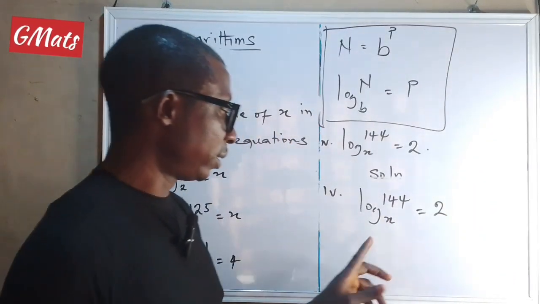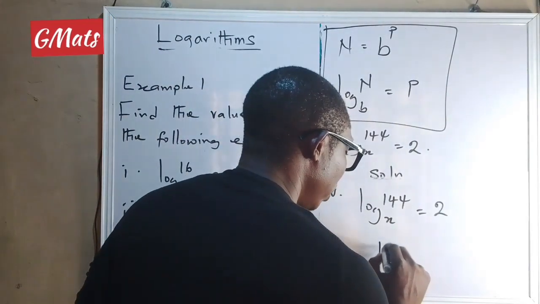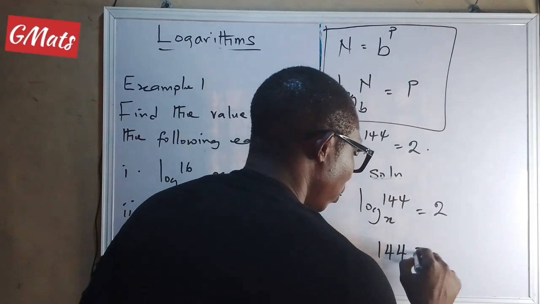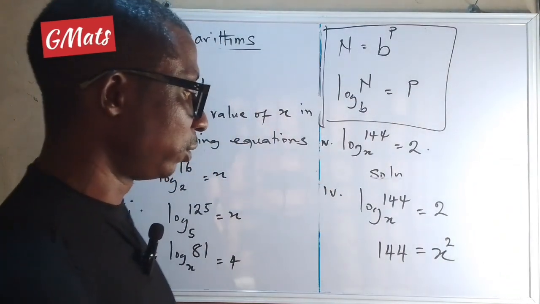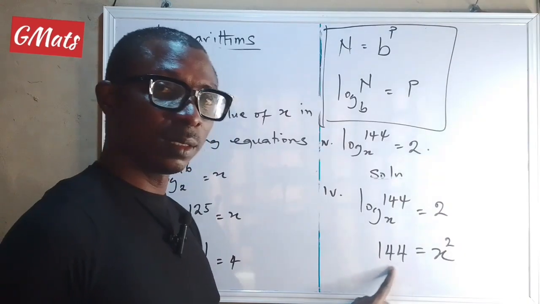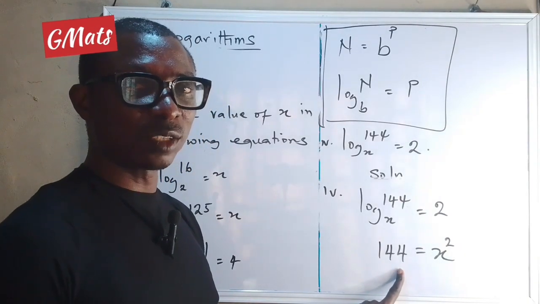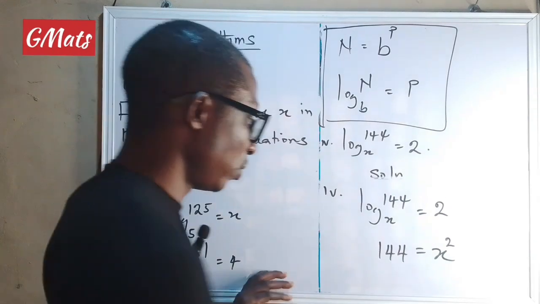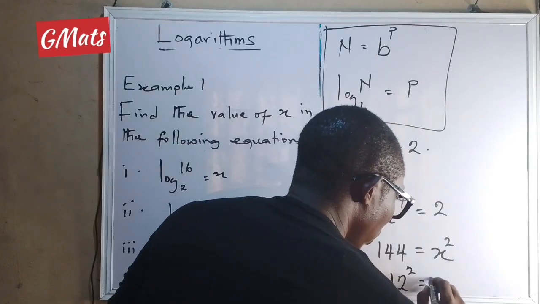Just like we did the other time, you just move this one here. So we have 144 equals x raised to the power of 2. Alright, you get that? Now this can be expressed as 12 raised to the power of 2, because 12 times 12 is 144. So we have 12 raised to the power